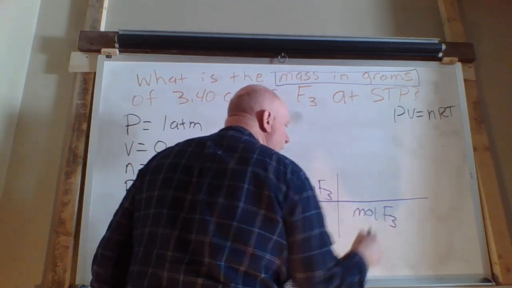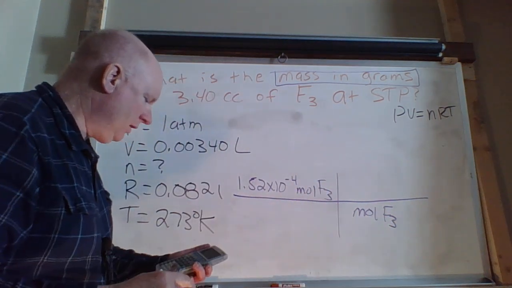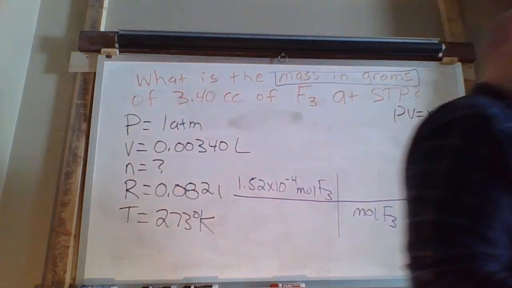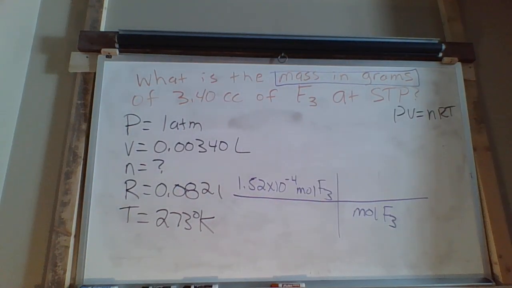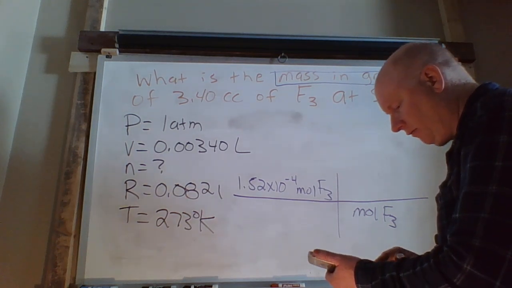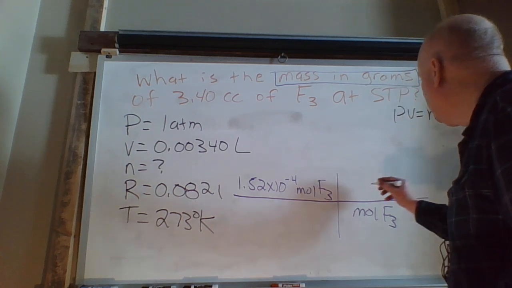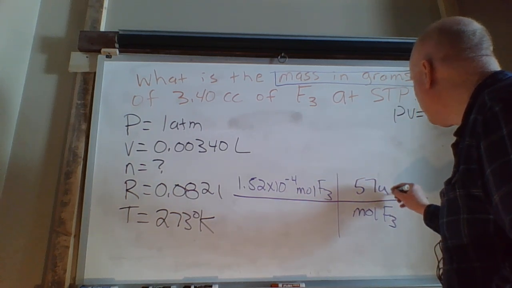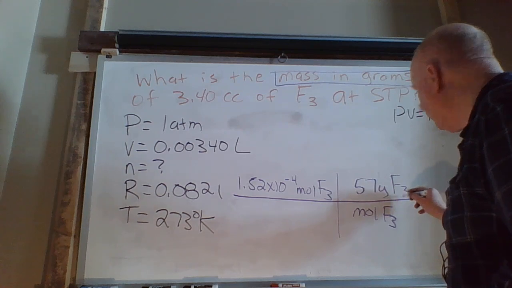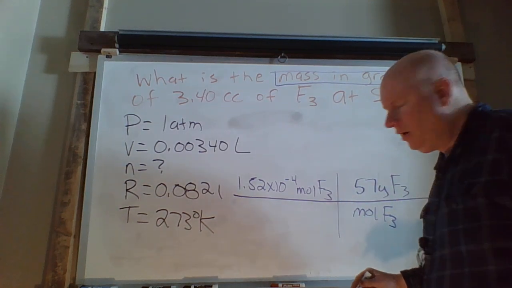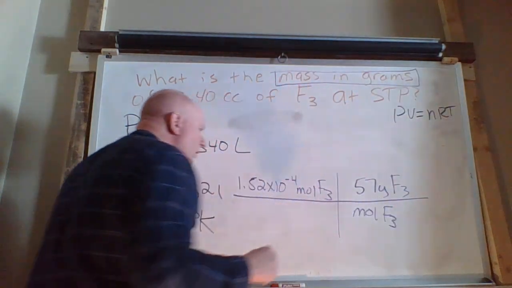Then for every atom of fluorine, I believe, isn't it 19, I think? Yes. So 19 times 3, what's that, 57? Yes. You have 57 grams of F3. Okay, so once upon doing that, you would take